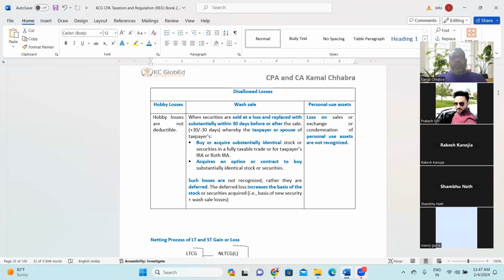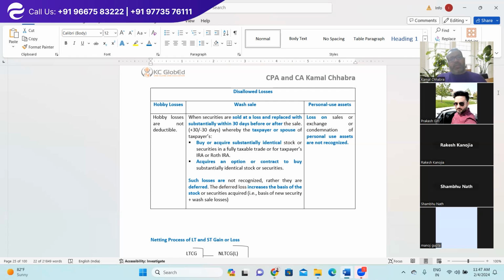Now coming to the wash sale. This is more about, I would say, shares, debentures, or investments basically. So when securities are sold at a loss and replaced substantially within 30 days before or after the sale, whereby the taxpayer or spouse of the taxpayer